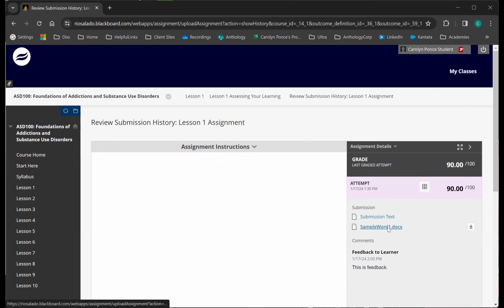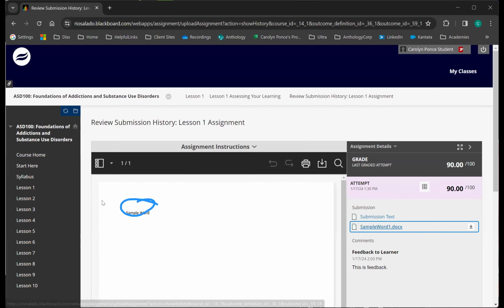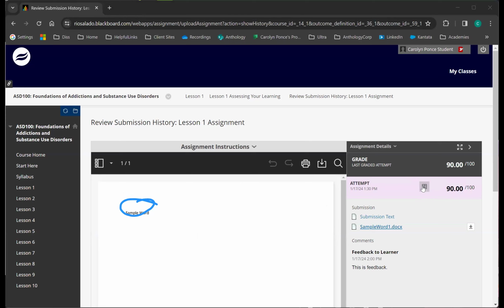I can click on the file if I had uploaded one. There's my file. I didn't save that comment, so I'm not going to see that comment on here. But I've got my attempt grade, and then the grade, the last graded attempt, which is the final grade for that activity. And then the rubric is this icon here, and that did a pop-up.